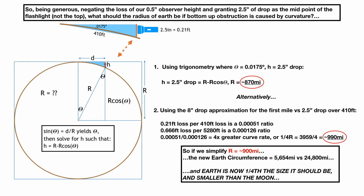So being generous and negating the loss of our 0.5 inch observer height and granting 2.5 inches of drop basically as the midpoint of the flashlight, not the top even, what should the radius of Earth be if we're going to assume that bottom-up obstruction is always caused by curvature? So in other words, if I'm losing 2.5 inches across 400 feet, what kind of radius would that purport to, right? What kind of globe should I be standing on if bottom-up disappearance is caused by physical obstruction? So when you do the math for this using trigonometry, our theta angle comes out to 0.0175 degrees, which is again close to 1 arc minute, and our height is about